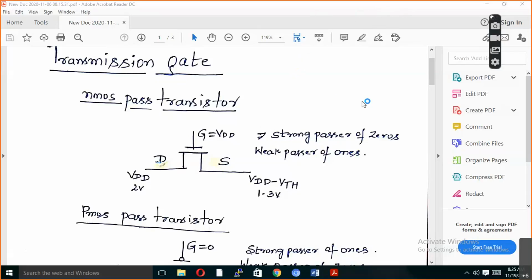So I will only tell you the answer. That is, it is a strong passer of zeros but a weak passer of ones because for NMOS to turn on, you will apply VDD to the gate, right? You will apply logic 1 to the gate. Logic 1 means it is VDD to the gate. You are going to apply VDD to the gate, and you are going to apply your voltage at the one